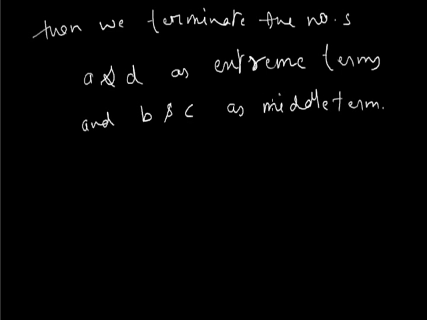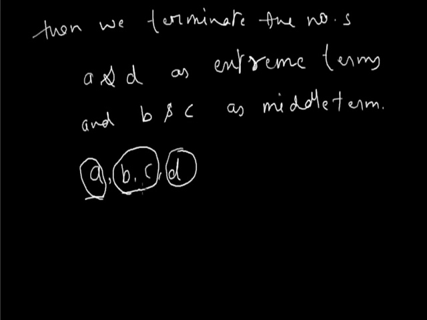The second concept is merely a definition in the sense that if a, b, c and d are in proportion, then these two terms a and d are extreme terms. It's only a definition. In very precise words, the second concept is merely a definition. It's not a concept or a logic. It's a terminology. The two remaining terms b and c are called the middle terms, while the extreme terms are a and d.